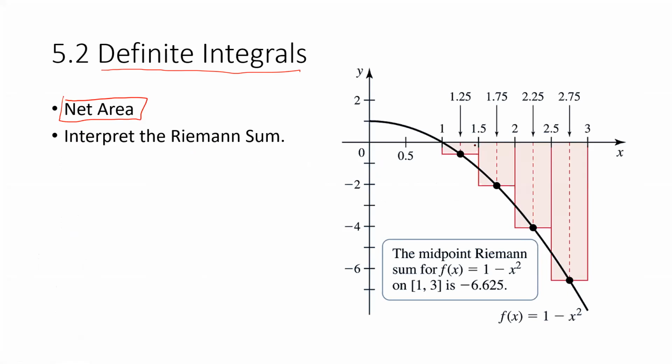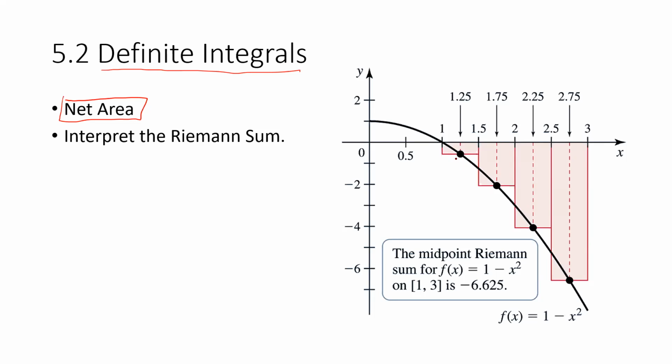So let's just take a look at the Riemann sum here, noticing that if I were to compute the Riemann sum here, all of these rectangles are below the x-axis, right? And therefore, each of these function values that we get are going to be negative, right? So